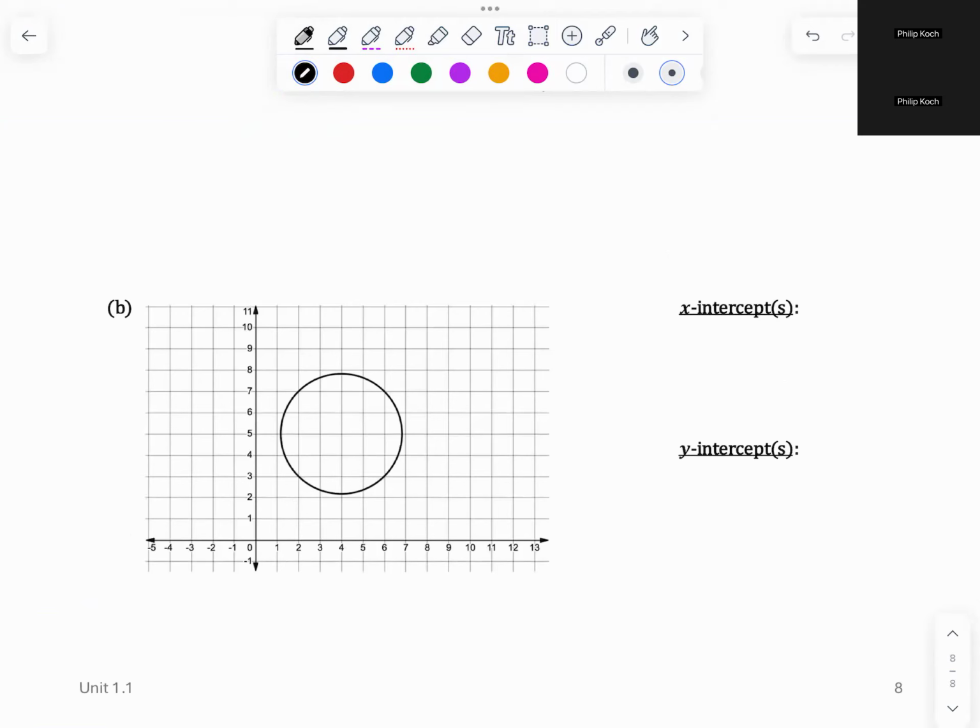All right. What are the x-intercepts? There are none. And same thing with the y-intercepts. This graph does not cross the x or the y-axis. So there's none. That can happen. A graph can have 100 x-intercepts and no y-intercepts. It can have a